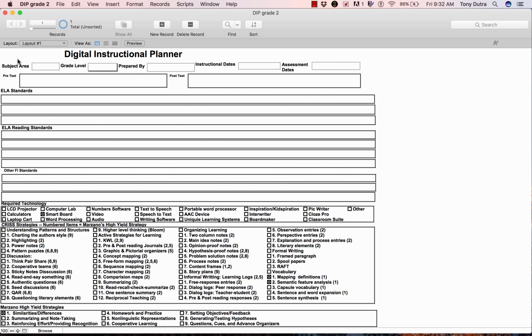So let's start with the subject area. In this box you would write the subject area that you are teaching. In this case I am teaching a reading lesson. Grade level, this one gives me an option of 2 because it's a second grade DIP. So I click there, type in your last name, put in the instructional dates of your lesson, and project out when you think that you will be doing your